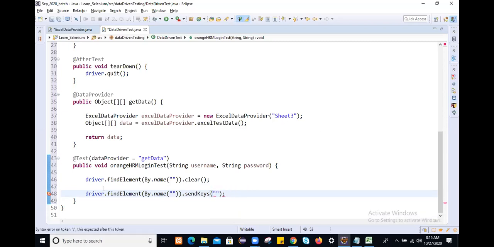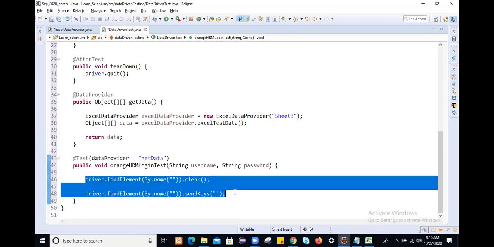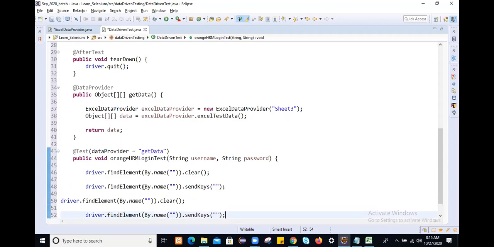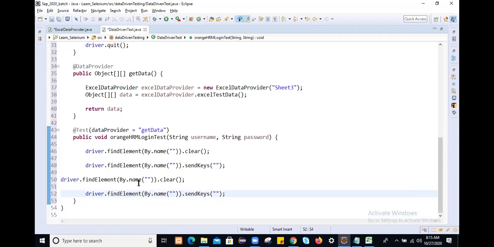Similarly, for password field, before going to perform type operation, we will clear the field and then we will perform type operation. This username we will get from Excel sheet. Simply pass this username, and this password also we will get from Excel sheet. We'll pass this password. Okay.